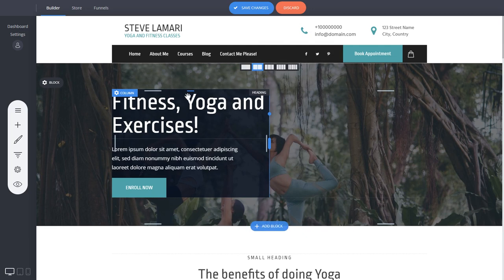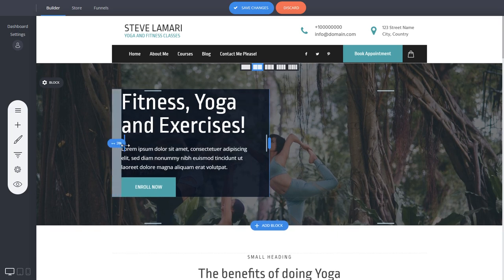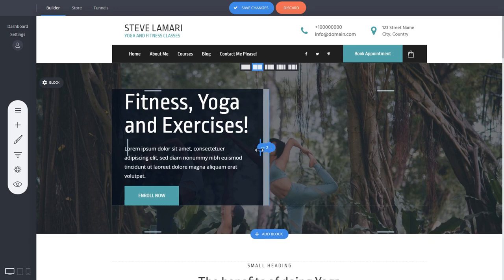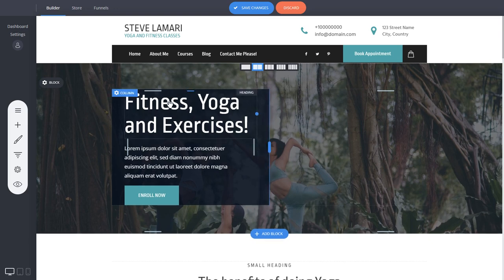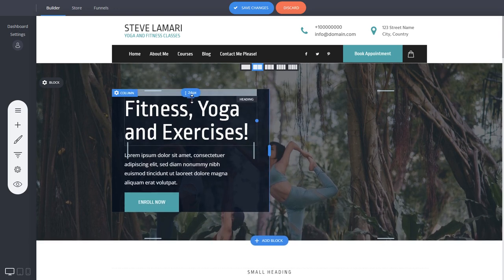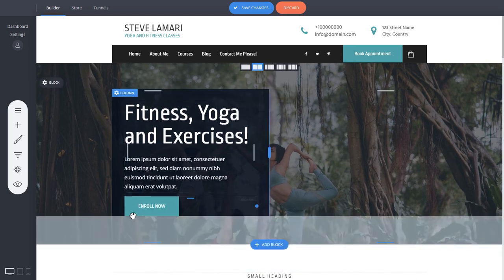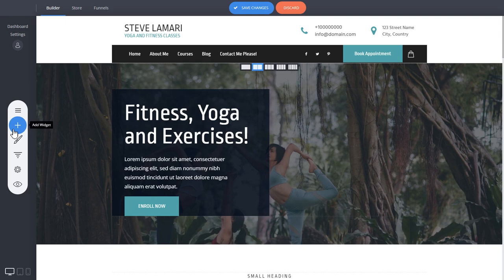Yeah, you can do all these things, and let me show you how you can actually make it look better, because right now again there is no spacing. So you can drag this handle on the side of the column and just drag it to the right, and you're now creating space on the right side, and you can do space on the left side. You can do space on the top as well by dragging like this. And all that is left is to do some spacing on the bottom, and you can simply do it by